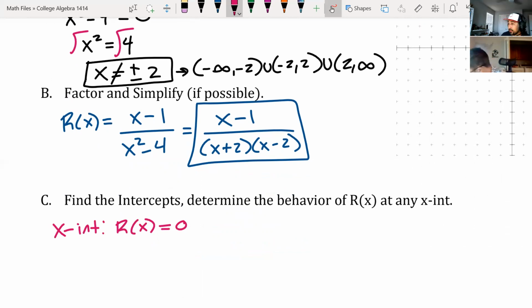So here's a neat little trick to save you some time. Domain and vertical asymptotes come from your denominator. X-intercepts come from your numerator. So when you set this rational function equal to 0, all we really have to do is set the numerator equal to 0